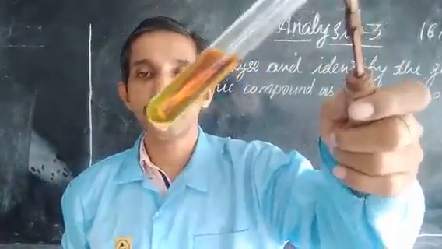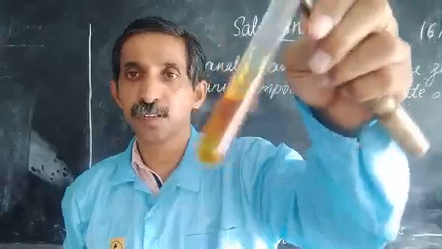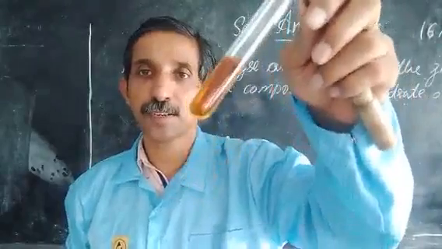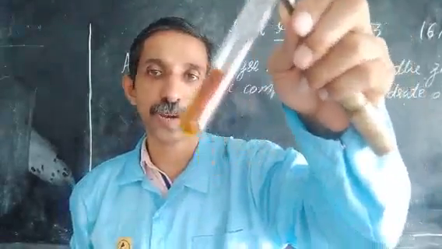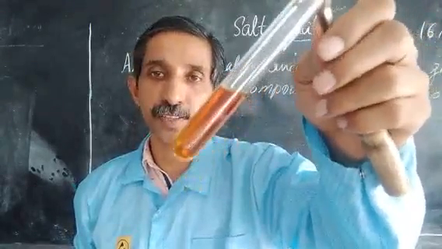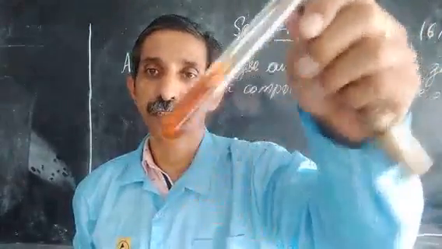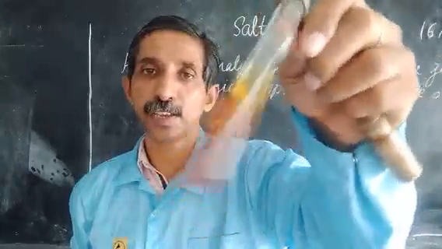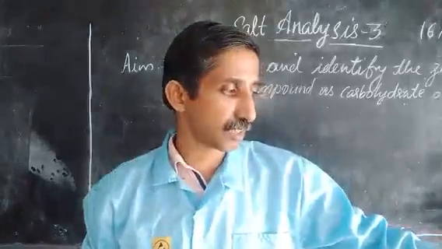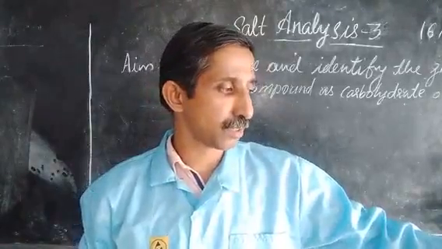On heating, you can see a yellowish colored solution. When the sodium hydroxide was added, there was not much color change, but on keeping it in the boiling water bath for a minute or maybe 2 minutes, you will get a color change like this. A yellowish color develops first, then that will turn to brown. On further heating it will even turn dark brown. So that is the second observation. Now we are moving to the third one.